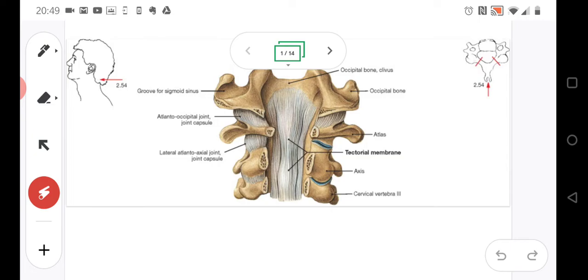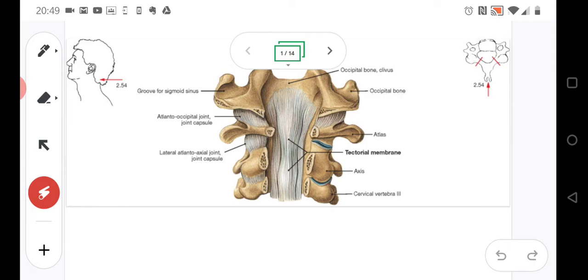Posteriorly, for example. And where would it go? It would go here, into the spinal cord. So generally, when those ligaments would break, when the dens of the axis would move, it would kill us very fast, very efficiently. So those ligaments need to be very strong, but they do not need to hamper movement,